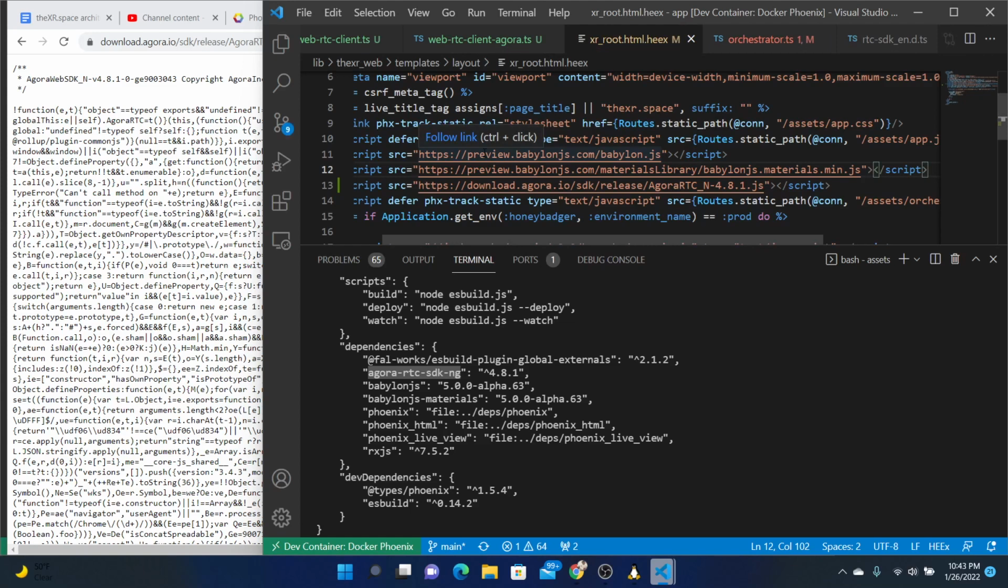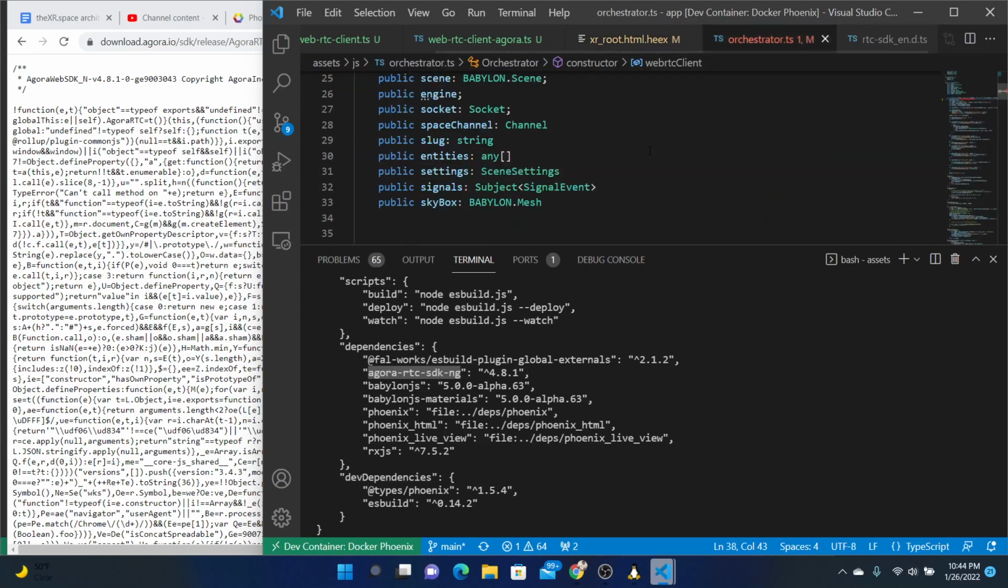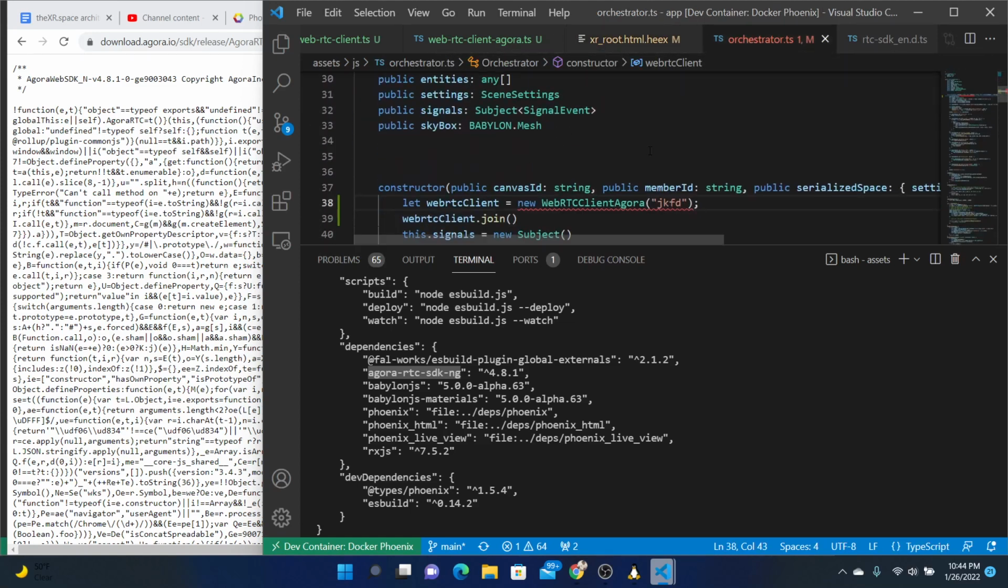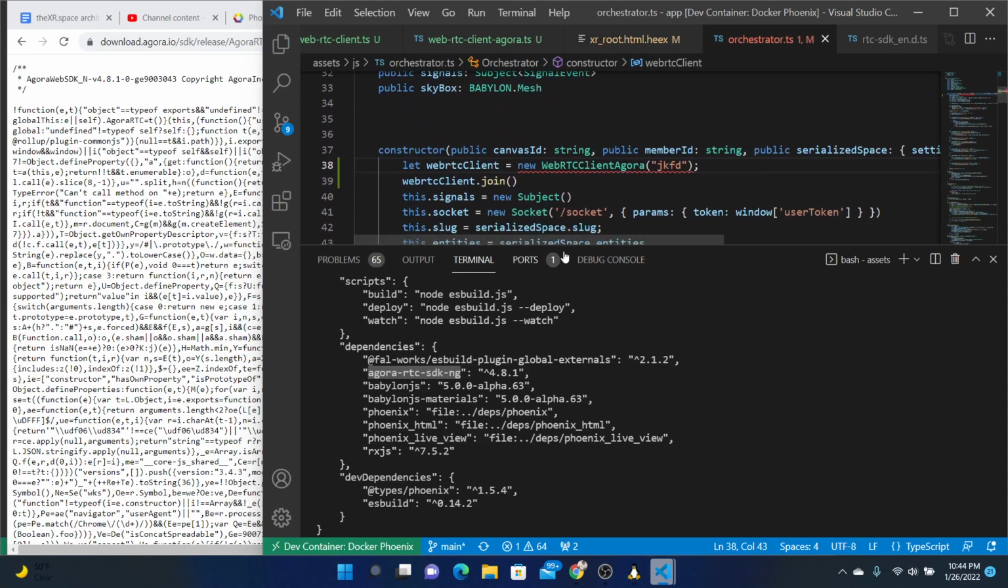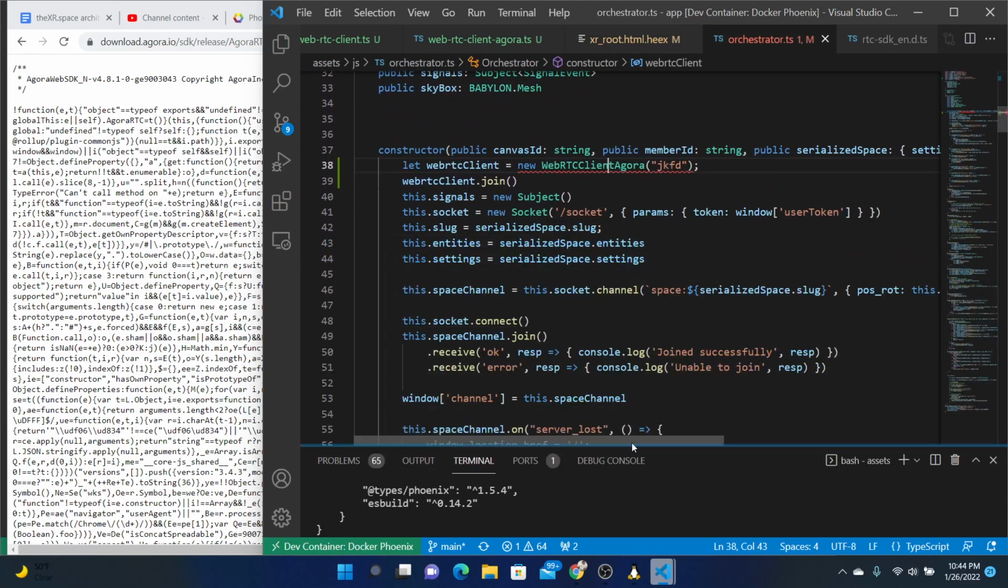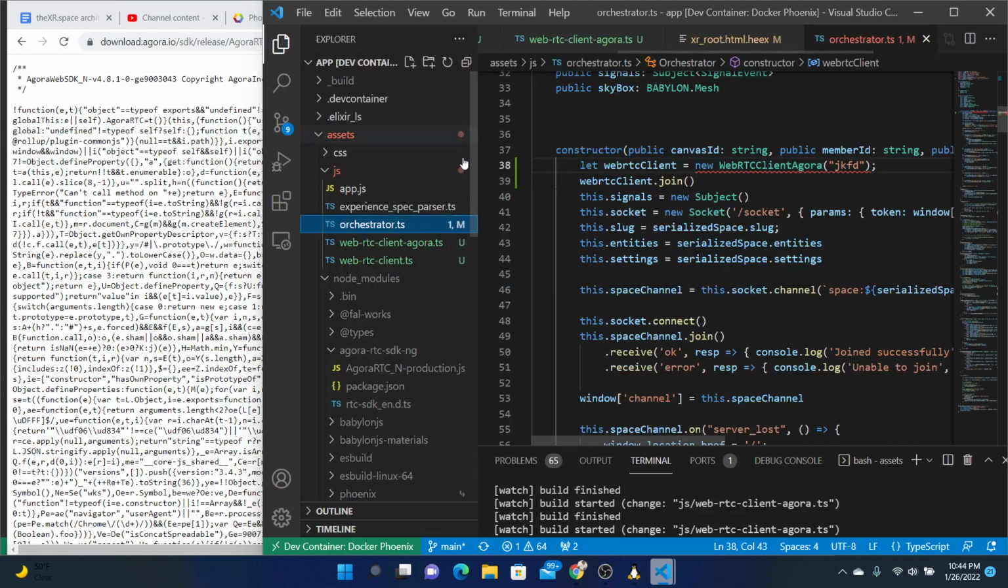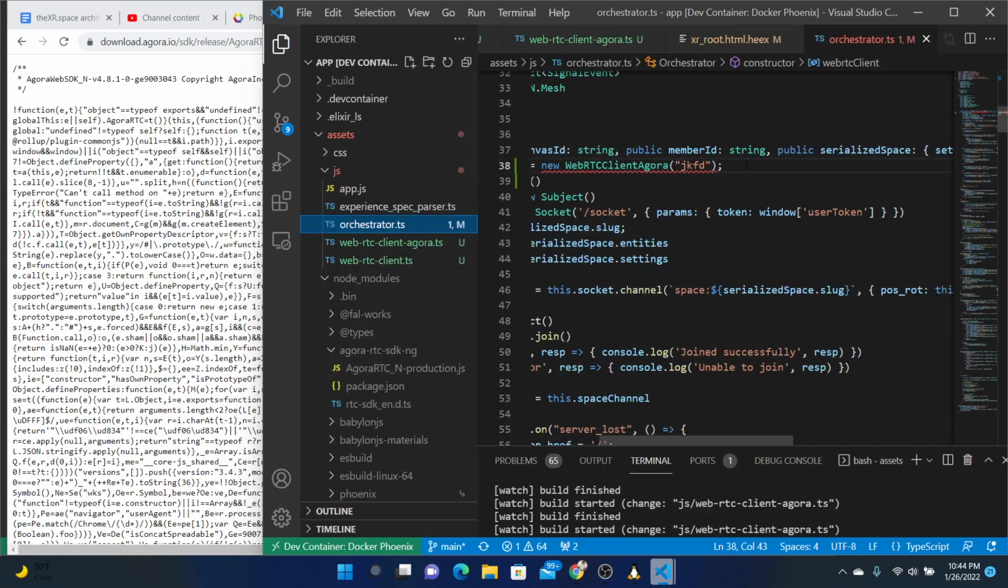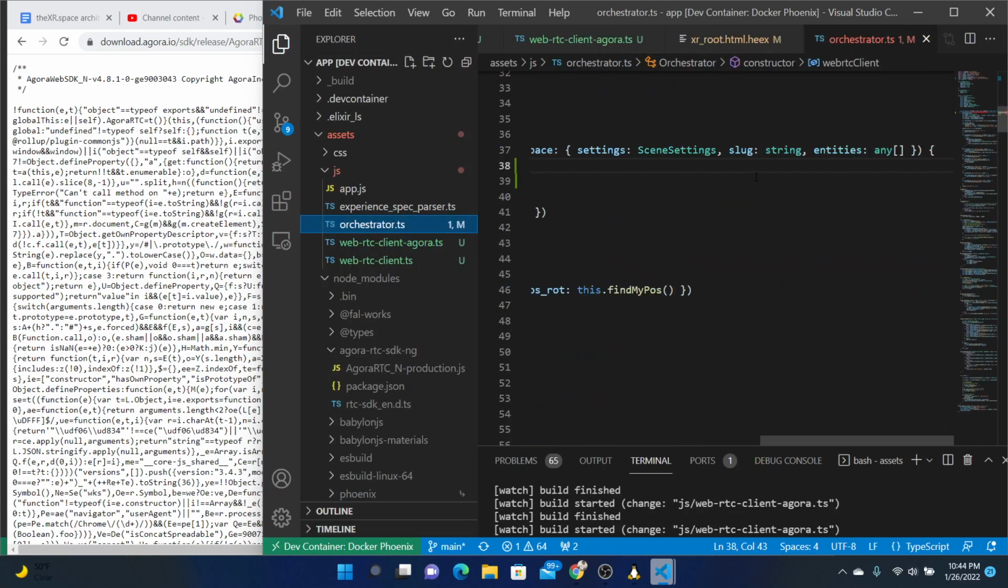Caching. And so an orchestrator. What we got? Okay, we need to pass an ID in here, which will pass in as the